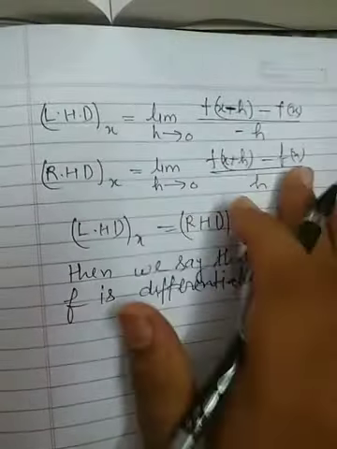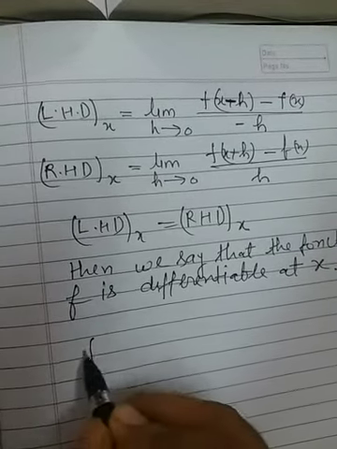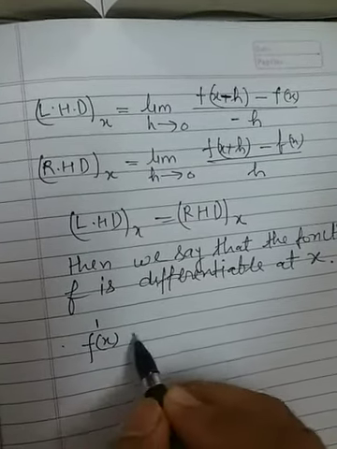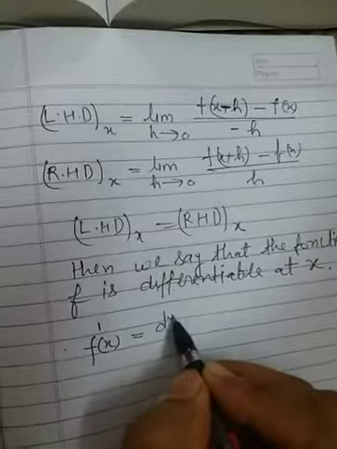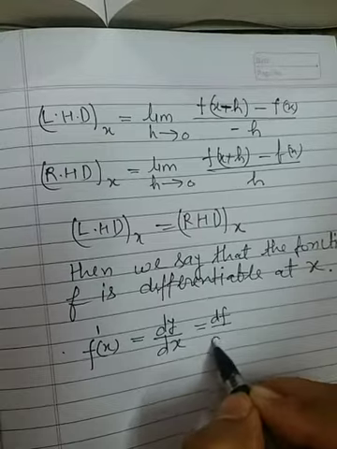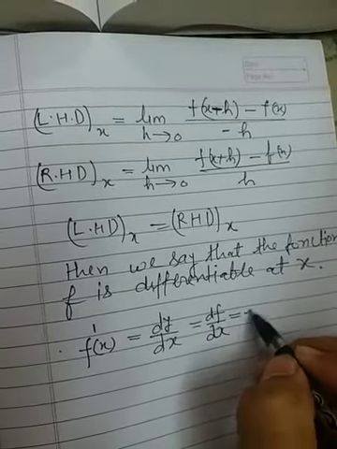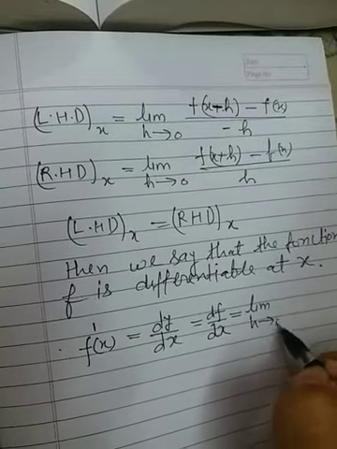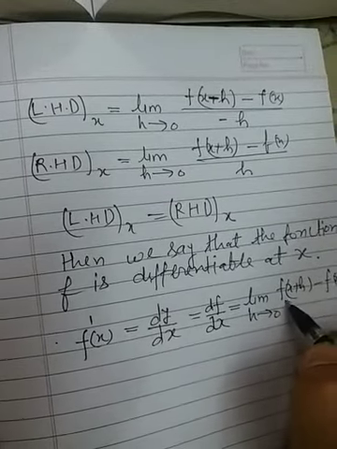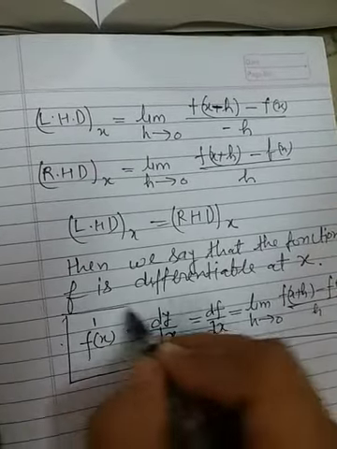This you have gone through in your previous class. And we have written differentiation of any function f by f dash x. This is sometimes written as dy by dx. You may also write it as differentiation of f with respect to x, and this was defined as limit h tends to 0 of f of x plus h minus f of x by h, and this is known as first principle.